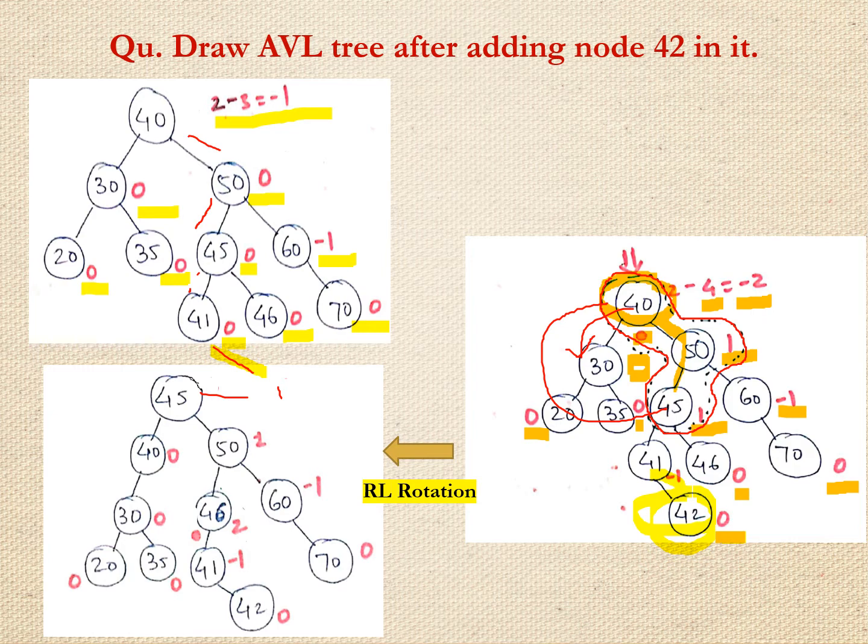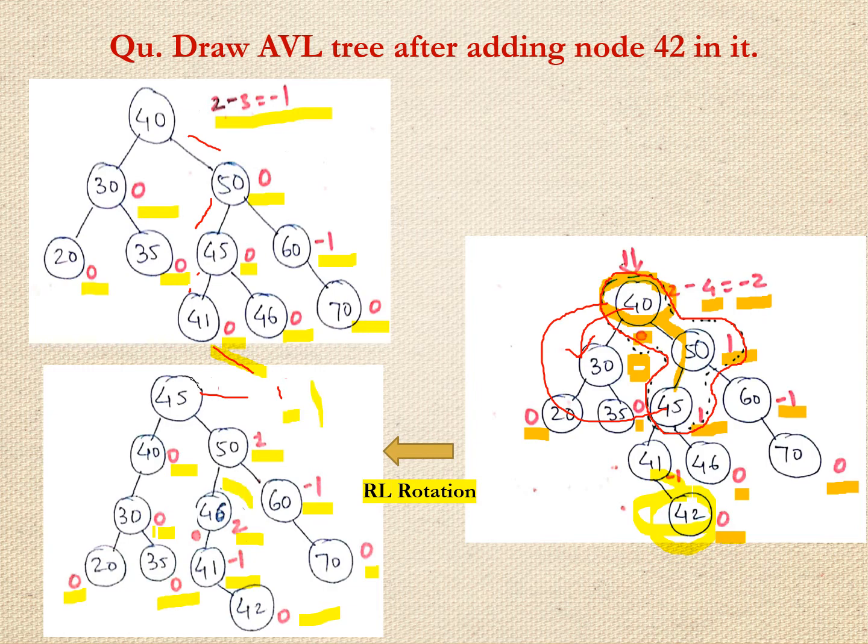So again, after identification of the different factors, for the leaf nodes it is 0, 0, 0, 0. Now this is 0 minus 1, minus 1. Then here it is 0 minus 1, it is minus 1. Then here for the left of it, the tree is 2 minus 0, it is 2. Then it is 0, 1 minus 1, 0. Here it is 0. Here it is 1, and the rest you can verify. Here it is 3 minus 4. So here it is also minus 1.